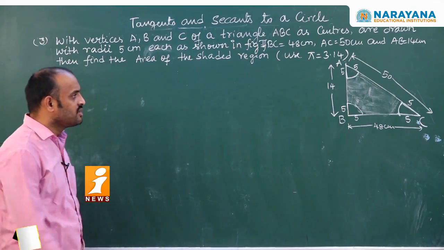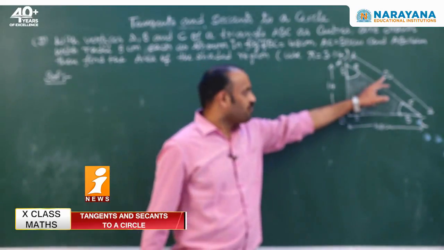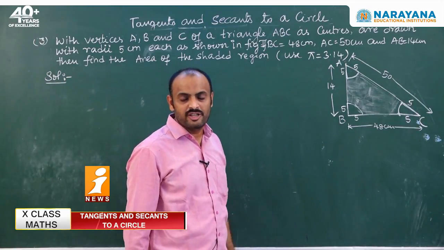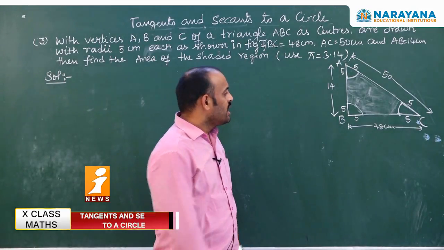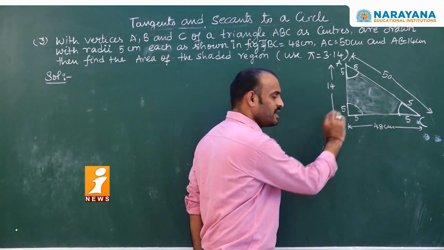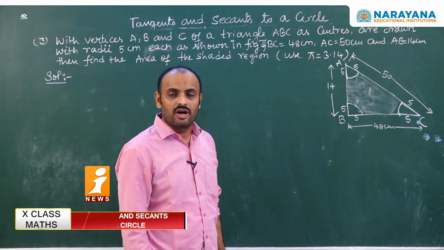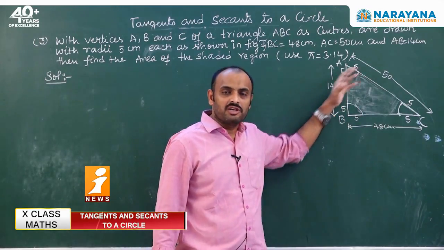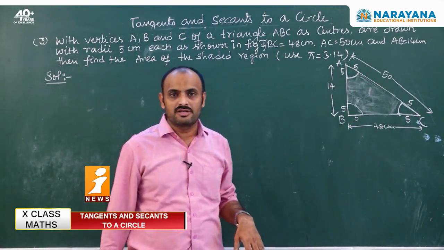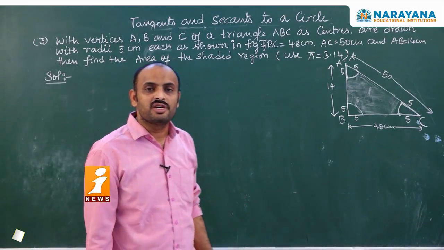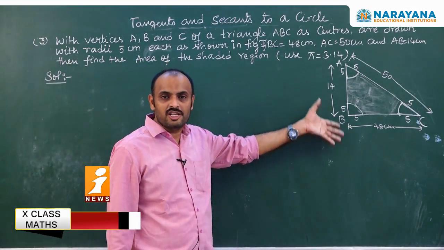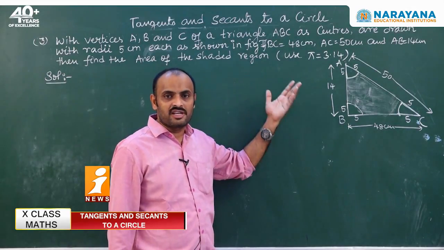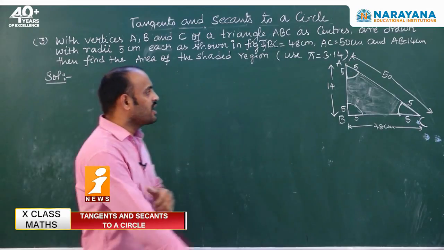If you observe, 50, 48, 14 are Pythagorean triplets. So I can consider this angle as 90. This is one way of doing it. Otherwise, sometimes we don't know whether the given sides are Pythagorean triplets. What if they are not? Then how to do it? So let's do it using Heron's formula, keeping in mind that with any kind of sides given, we can find the area of the triangle.